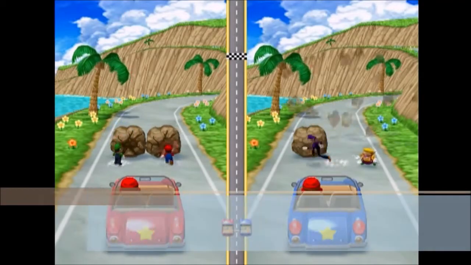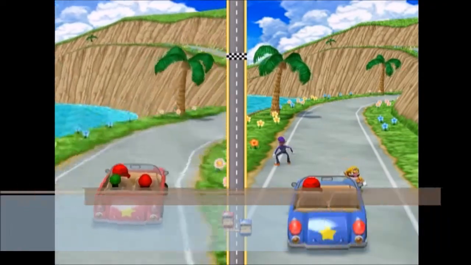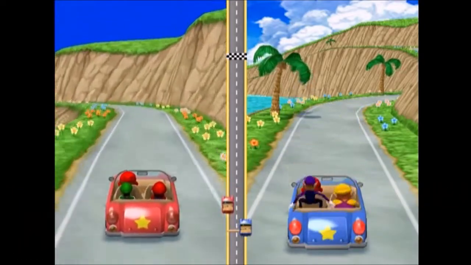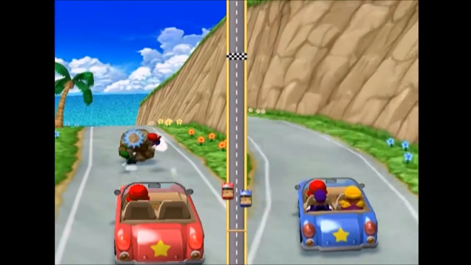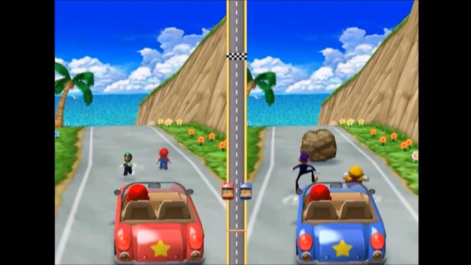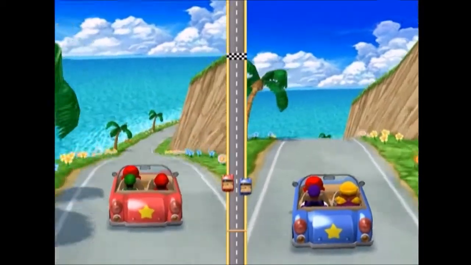Third place is 2v2, again, Rocky Road. Each team is driving on a long road, which is filled with huge boulders, and they must attack these rocks until they crumble away. The first team to destroy all the rocks on their road and reach the finish line wins the minigame. Although this is technically not a fighting minigame, players can punch and kick to smash the rocks,